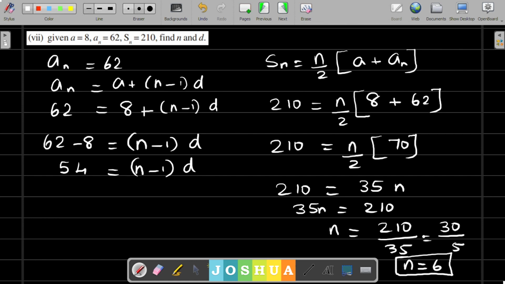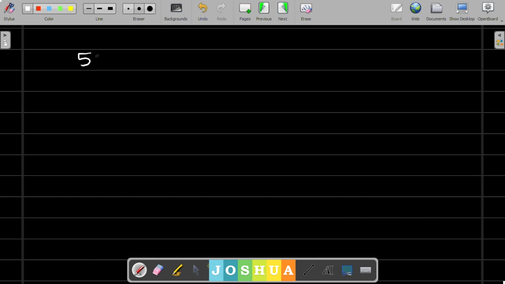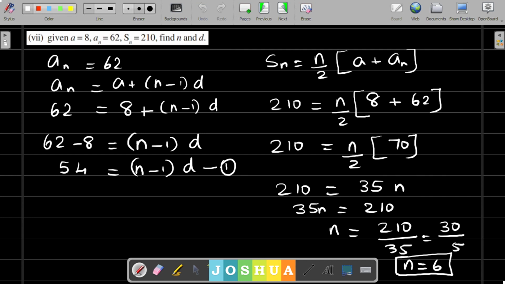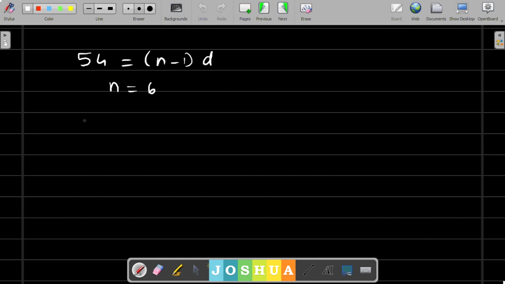Okay. Now with this value, I am going to substitute in the previous equation, maybe call it equation 1. There I substitute and get the answer for d. So now we found n. Now I am going to find d from the previous equation. So what is the previous equation? 54 is equal to n minus 1 times d. Just now I calculated the value of n equal to 6. So we are substituting the value here. 54 is equal to 6 minus 1 and d I am keeping here. So that is equal to 5d. 54 is equal to 5d, or 5d is equal to